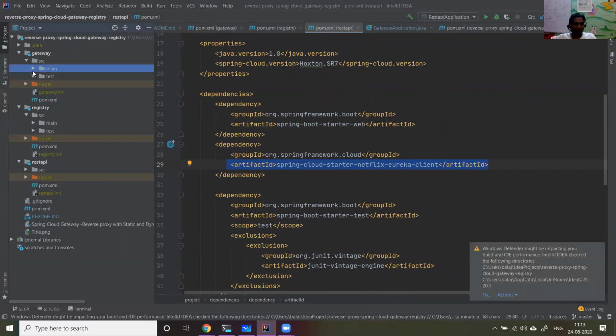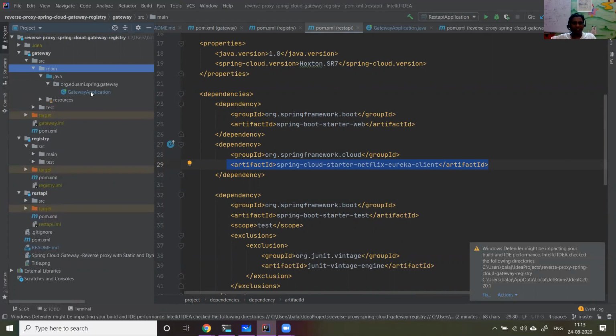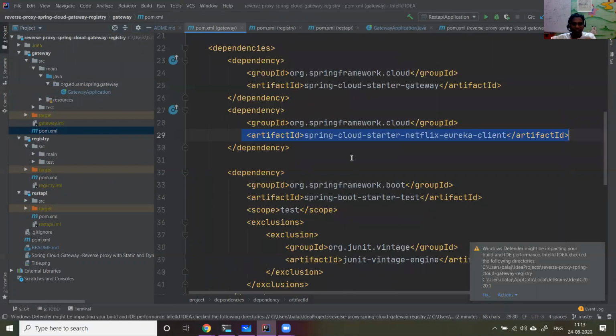So let me delve into the code. The code is also very simple. In the gateway application, I said it needs to enable Eureka client. You already added the Netflix client and Spring Cloud Gateway, so these two dependencies do the entire magic, along with the Ribbon client configuration.